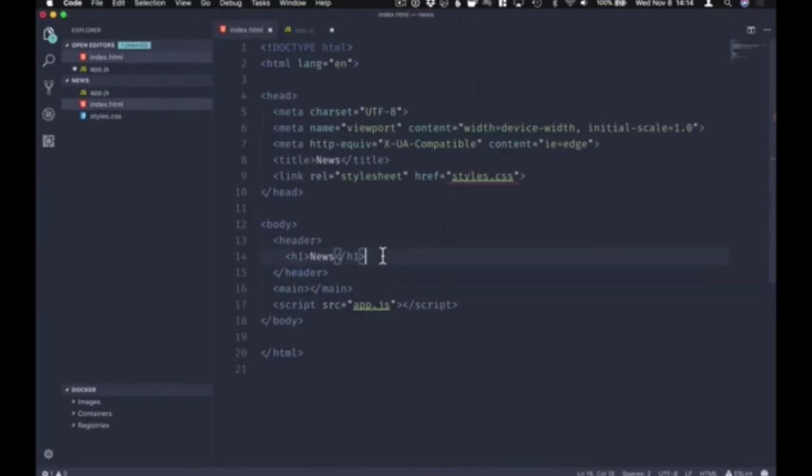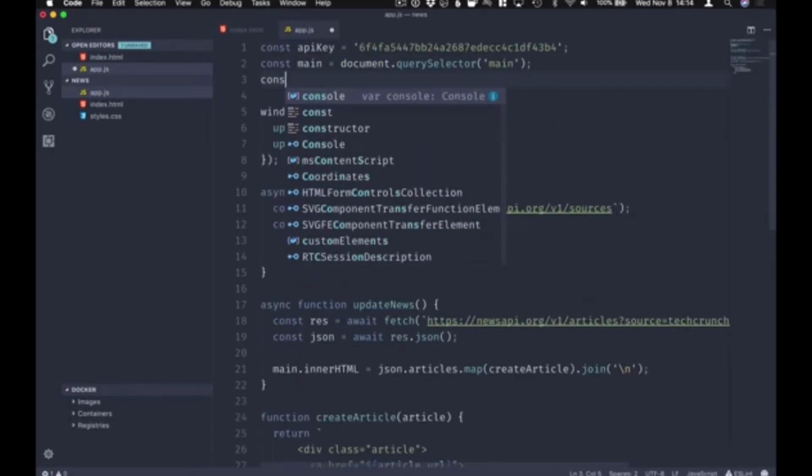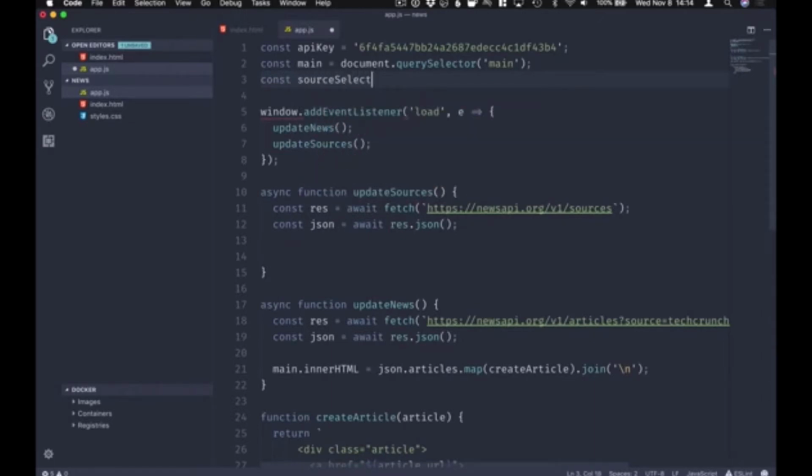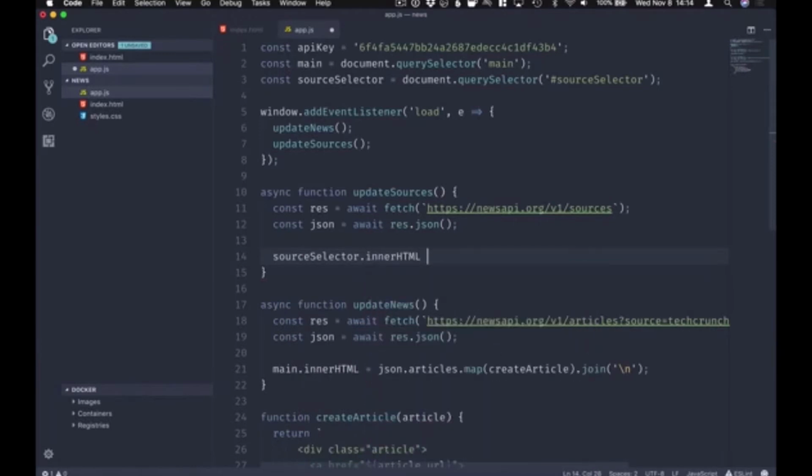Now of course we need a selector for that, so let's just create a new select. We don't need a name for it for this particular stuff. What we do want is to give it an ID. Let's call it source selector. And here in our app, again, let's just get a handle to it. Selector equal query selector for selector, like that. So what we want to do here is just get the source selector dot inner HTML equal